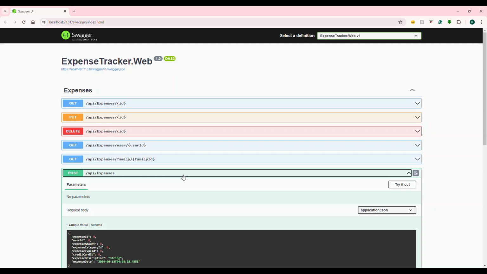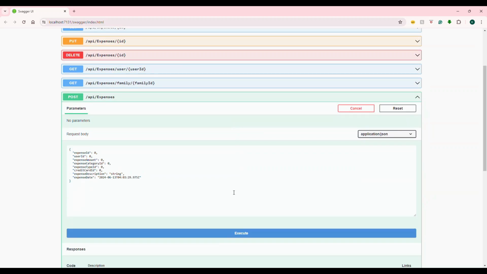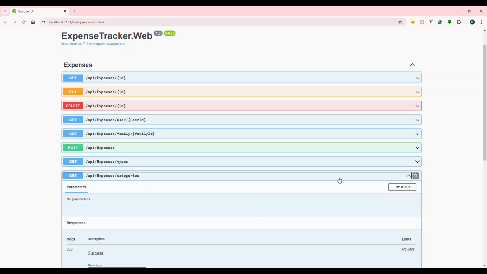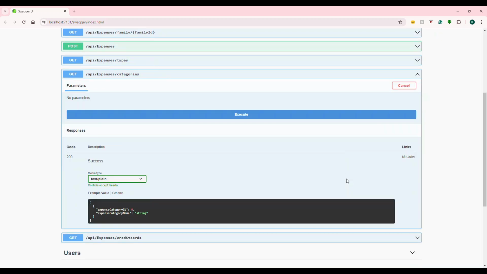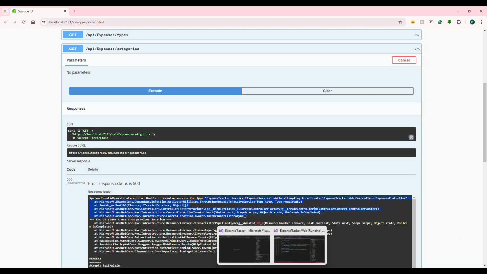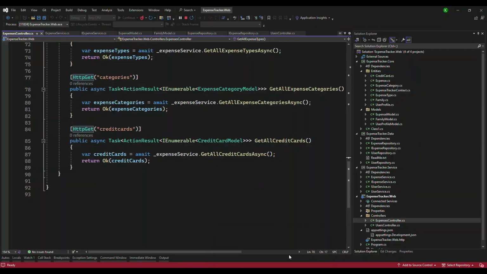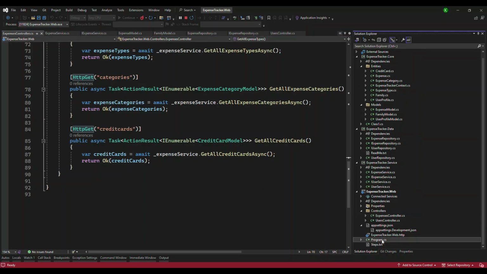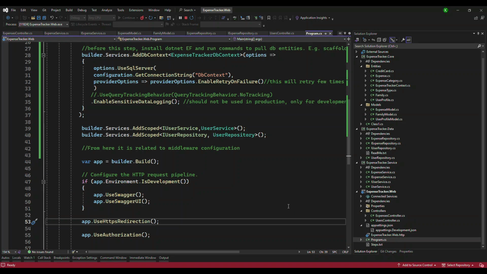Similarly, if you do all of these operations, it should definitely work. So quickly, let's test that as well. With the flow that I have done, let's click this. Oops. All right, so it says unable to resolve services for blah blah blah. Okay, IExpenseService. Great. So these kinds of things can easily happen. Whatever I created, IExpenseService, IExpenseRepository, I forgot to put